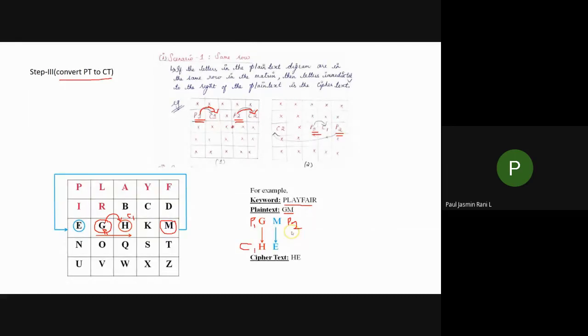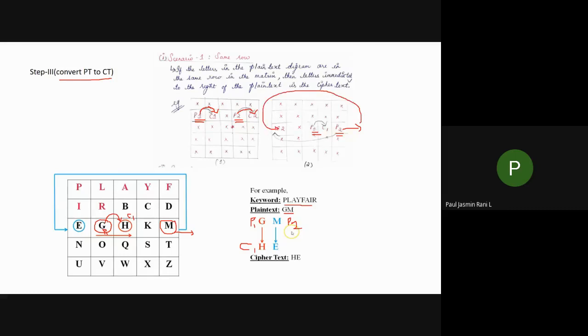Next, what is your P2? That is your plain text. That is M. So if you see this M, after this you don't have any ciphertext. Then next to this one you have to take the ciphertext. But what happens here? After this you don't have ciphertext. When you have a P2 and you don't have any ciphertext after it, what you have to do? You have to pick up this C2.